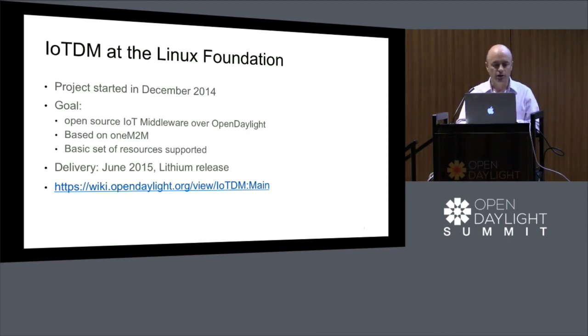It's based on oneM2M, and we picked that standard because at the time when we started the project, this was the most mature cloud IoT specification we could have found. So basically, we have the combination here of